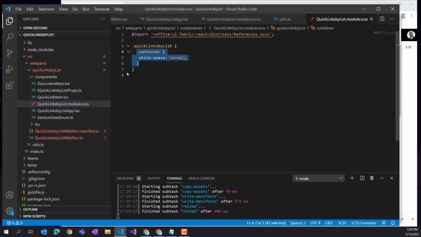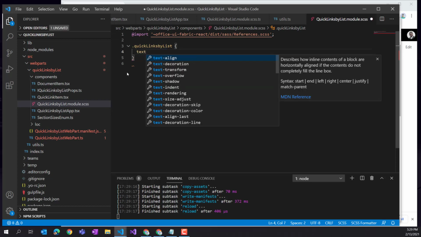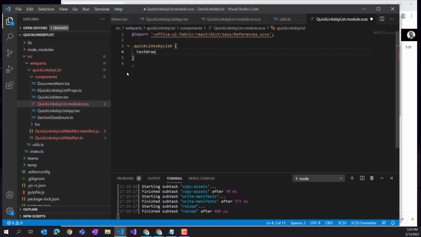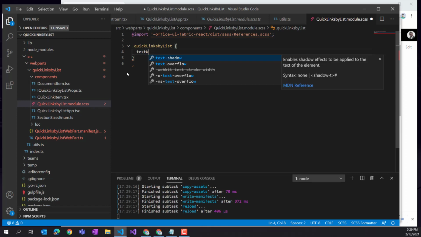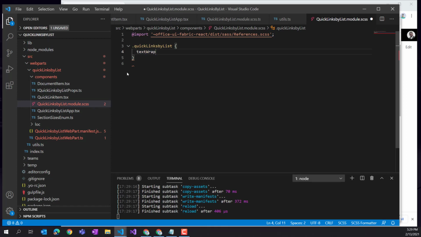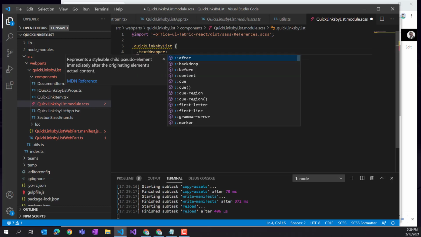So let's just call it the text wrapper, or text truncator, or I don't know. Let's just call it the text wrapper, right? So the text wrapper is going to be the name of our class. And we want to have this generic, right? Because again, this is just a utility, and we want to define this thing to do one thing and one thing only. So with the text wrapper,